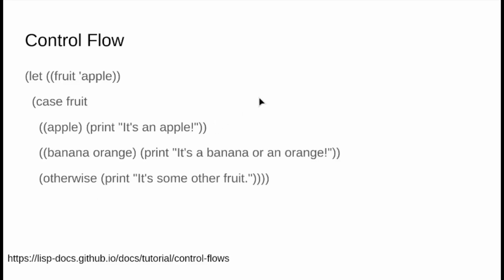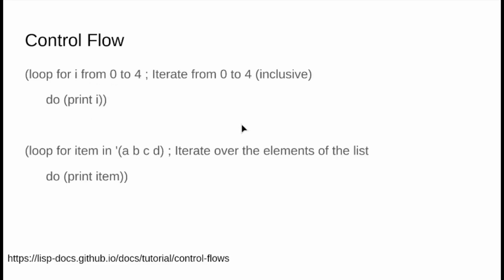Here, this is a key and key list control system. This is useful for if you want to check against a specific value. It'll just look for which part of the key list matches with the key. In this case, it's an apple. And some other important things like looping. This is a basic loop. So you just print out 0 through 4, and then here we are iterating over a list, so we're just going to print all the elements in the list.